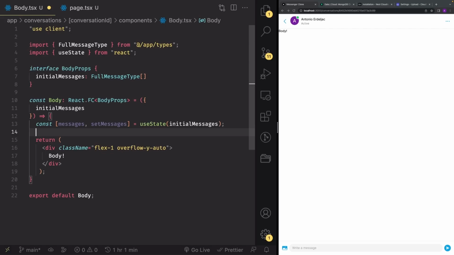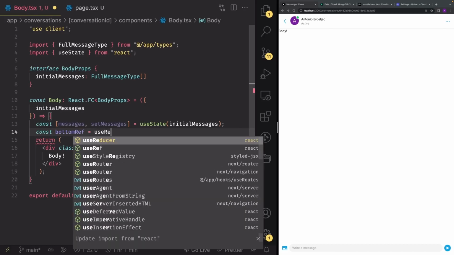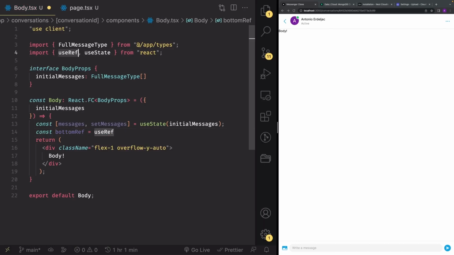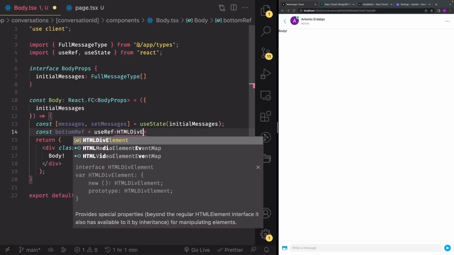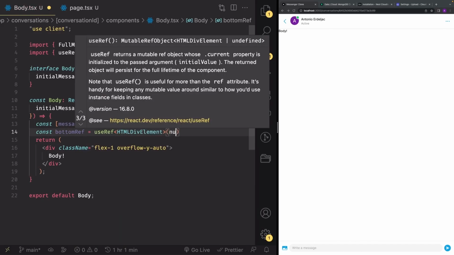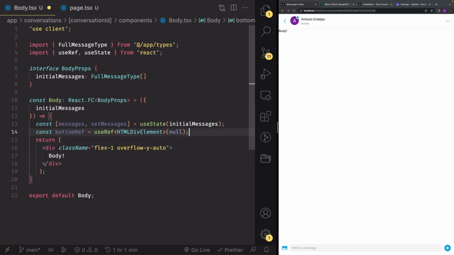So it provides a better user experience. So go ahead and write const bottomRef is equal to useRef, which you can import from React right here, open pointy brackets and write HTMLDivElement like that,